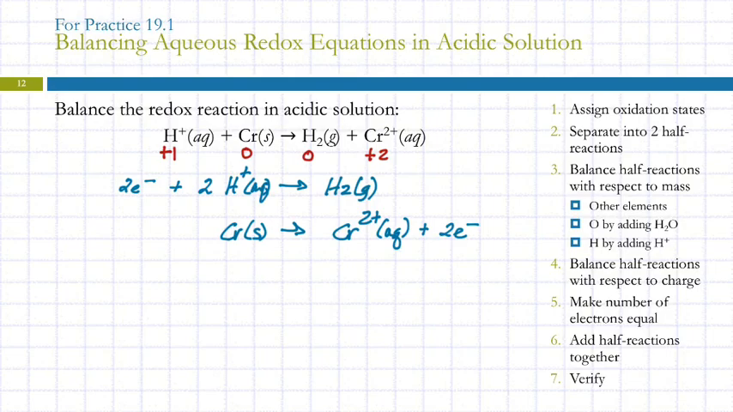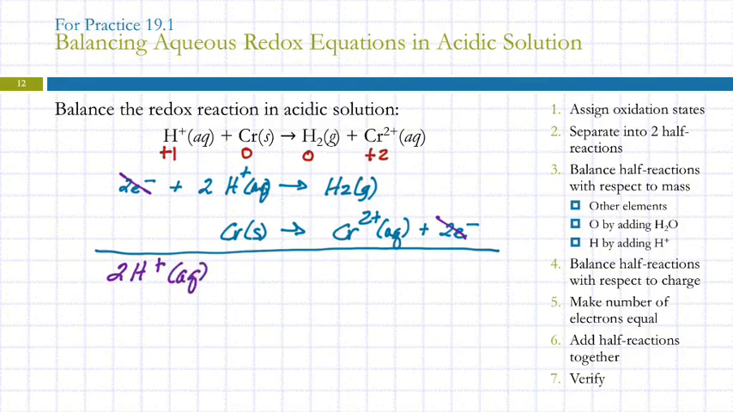So here I've got 2 electrons and 2 electrons, so I don't need to multiply anything. So I can go through here, and the electrons cancel out. The electrons should always cancel out. If they don't, you've got a problem. Stop and fix that. Then copy down what's left. 2H plus aqueous plus chromium